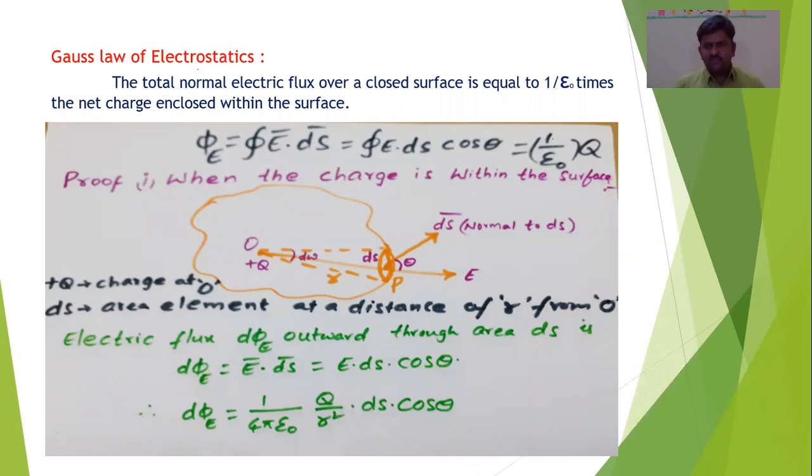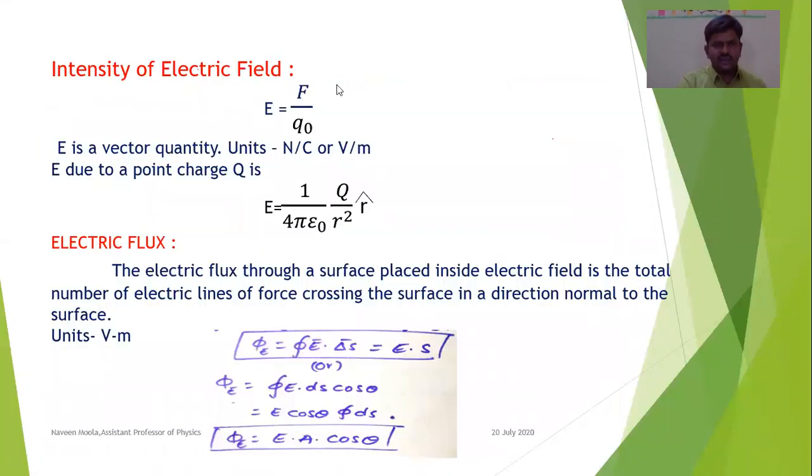Before learning Gauss law, we must understand the difference between Coulomb's law and Gauss law. What is the use of Gauss law? The use of Gauss law is to calculate electric field intensity. As we saw in the earlier slide, E is equal to 1 by 4 pi epsilon naught Q by R square is also a formula to calculate electric field intensity. Here, Gauss law is also a formula to calculate electric field intensity. The difference is, here we can calculate electric field intensity only with